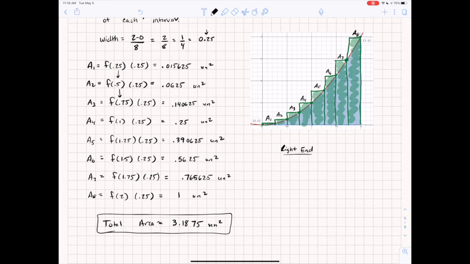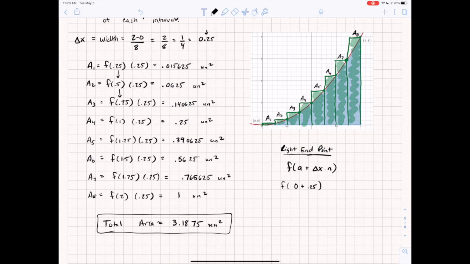So if you were to always use the right endpoint for each little interval, for each little strip, then what I can actually do is I'm always finding the function value, but doing a plus, so my starting left-hand side, plus the width. Now the width is actually notated as delta x, my change in x, right? How much are we actually changing inside each strip? And so I would call this delta x, and then I'm going to use the variable n here just to represent the number. So if you want the first strip, n would be 1, and then my a is 0, so I would do 0 plus the change, which is 0.25,